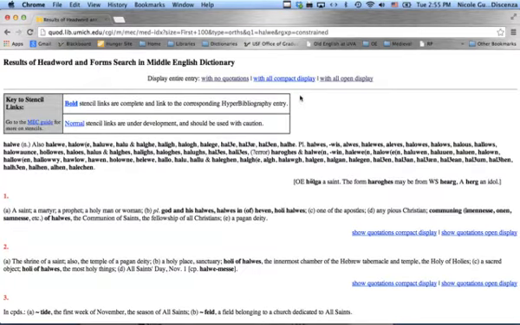Here you have it. Even before you get to the senses, you might start to recognize it. Hallow, as in All Hallows Eve, that's All Saints' Eve, or Halloween, or Harry Potter and the Deathly Hallows. The first and probably most common sense is a saint, martyr, prophet, a holy man or woman. The second, the shrine of a saint.